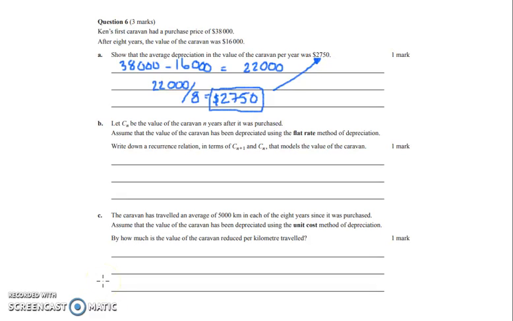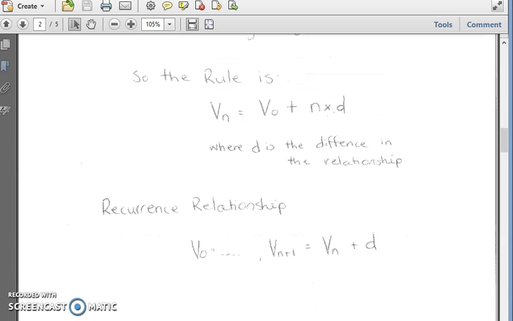Let's move on. So this is part B. Let Cn, and that's the key part, that's a variable there, be the value of the caravan n years after it was purchased. Assume that the caravan has been depreciated using the flat rate method of depreciation. So now they've actually specified what method it is. Write down the recurrence relationship in terms of Cn plus 1 and Cn and the model of the values for the caravan. So from my notes in the chapter 8 notes, I've given you the rule and the recurrence relationship for a flat rate or straight line finance